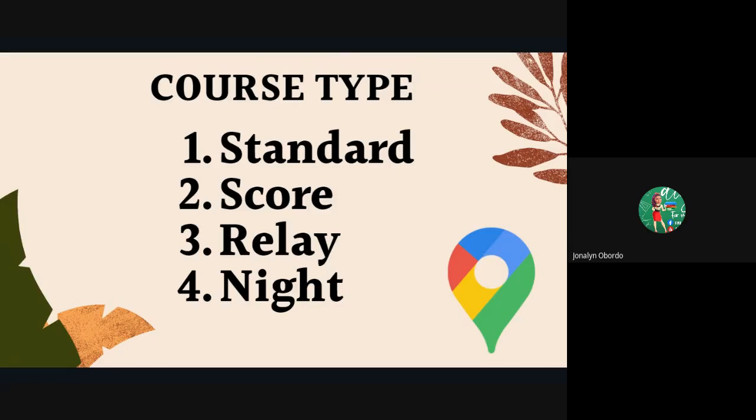That's how it is. Another course type is the score. This is the opposite of standard. Why? Standard is from point to point. Here, the competitors are in a mass start, meaning you all start at the same time. Then, you have the opportunity to choose as many controls or points as you can within a specific time. So, whichever points you choose and get faster, it is possible that you will be the winner.